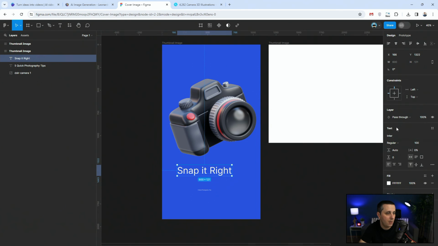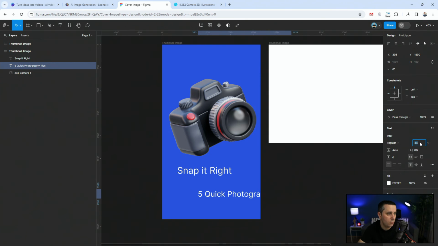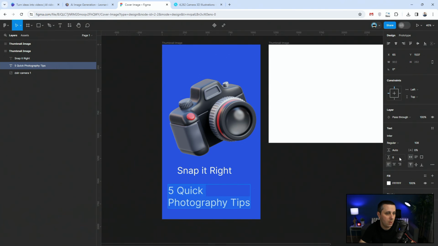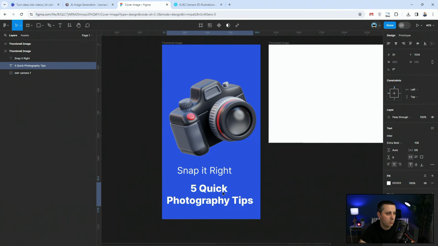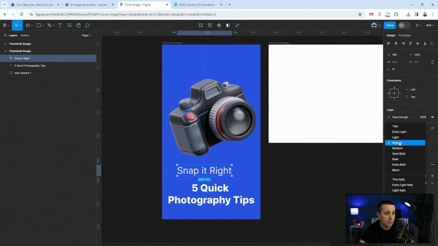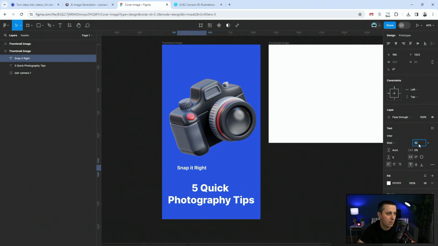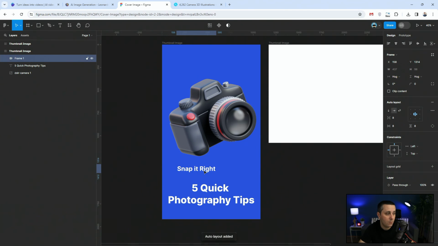There we go. And I'm going to increase the size of it by a lot by holding my shift key. There we go. And we're using Inter, which is fine as a font. I don't really care about it too much. But what I would do in this case is perhaps put this like so, maybe make this centered, maybe make it extra bold, there we go, and maybe make this, let's say, bold, but I don't want it to be this big, maybe something like this. Then what you can do is hit Shift A, which is going to put it in something which is called auto layout,